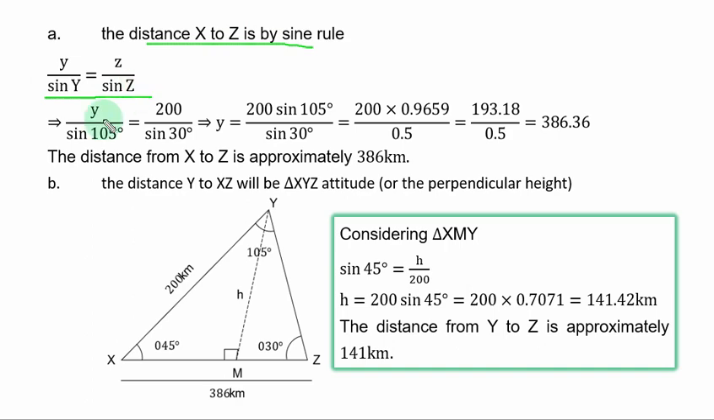You replace the known side and angles with what they stand for. You cross multiply and divide both sides by sine 30 degrees to have y standing alone. After simplification, you have this result. You multiply, you have this result. After division, you have